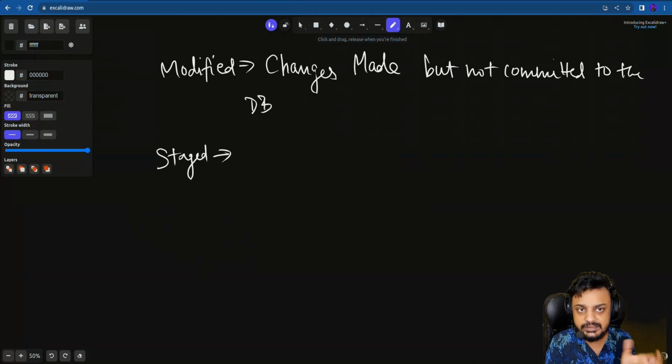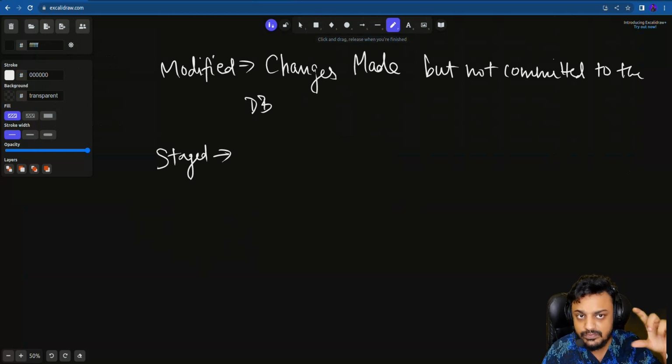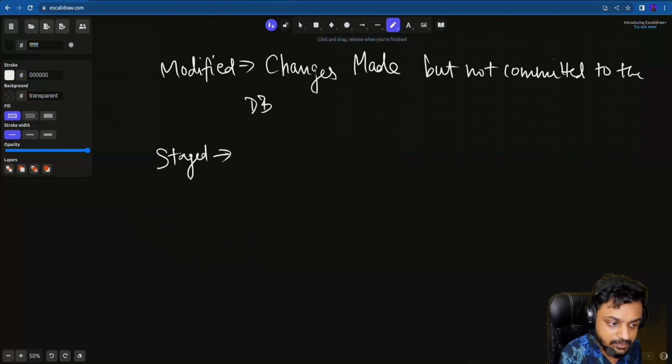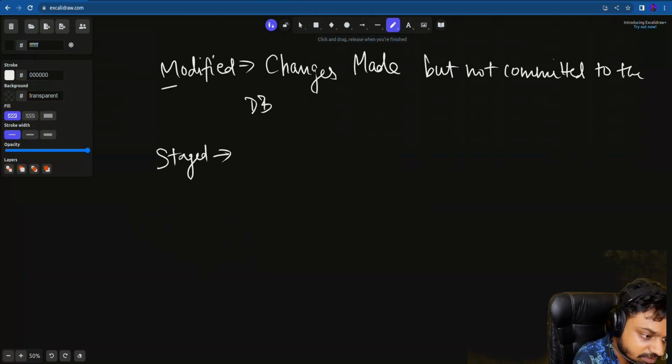So you don't want the third file's changes to be reflected in the DB yet. You're still working on it, or making some changes, whatever it is. You don't want it to reflect in the DB, but you still want to make a commit for the rest of the two files, right? So you can just stage the two files that are there, mark them and make a commit, right? So it will be reflected in the DB, but the third file's changes would still be in the modified state, right? So this is for marking a file,